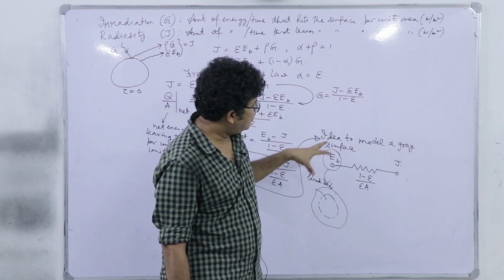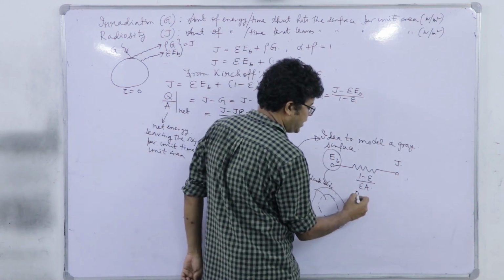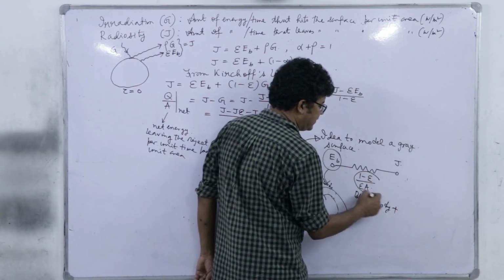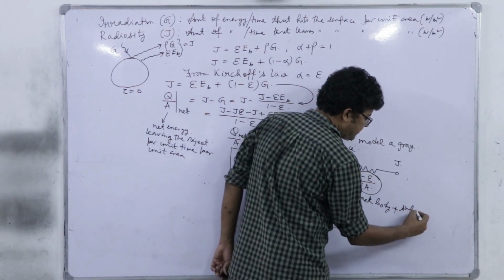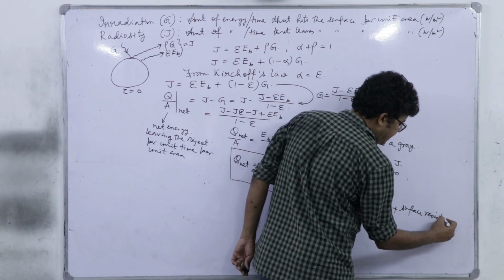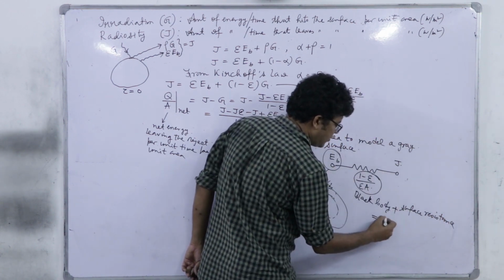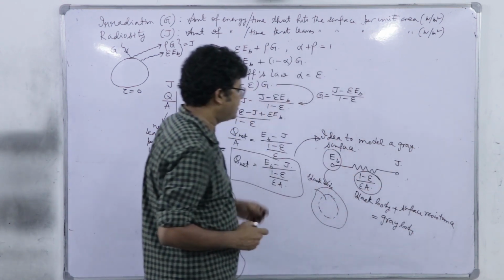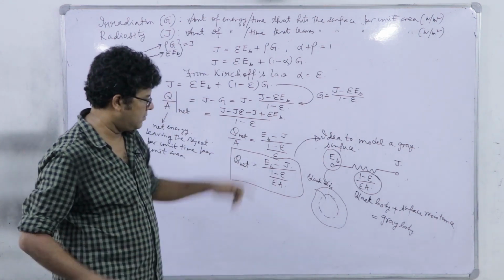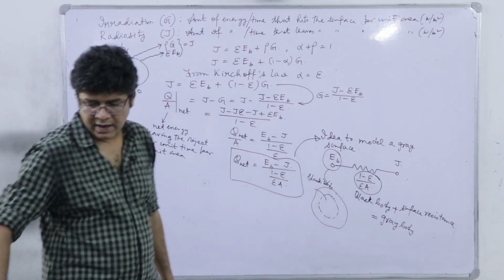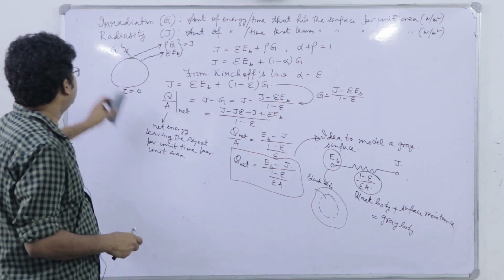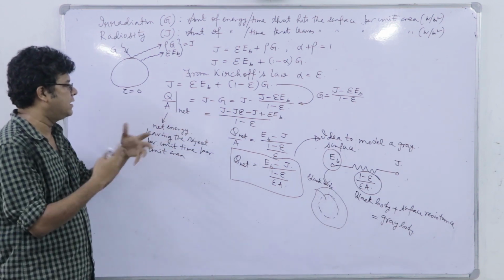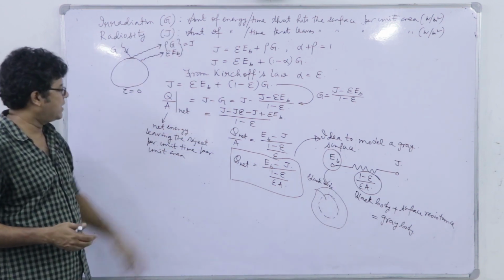Okay. So black body plus a resistance, and this resistance is called surface resistance, is equal to a gray body, and that is the model picture, and we can equivalently represent it in terms of this electrical diagram, network diagram.